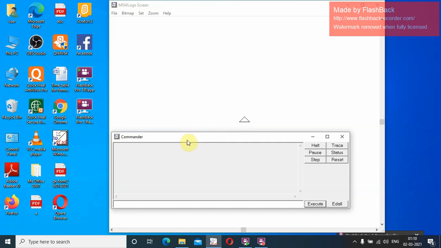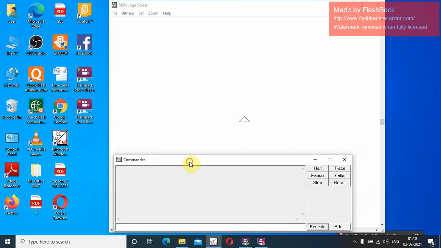Now I am going to show you how to draw a line using the back command, BK space 100, or even I can do CS CT, back 100, right? So this is your forward and back command. We have also seen the CS and CT commands.